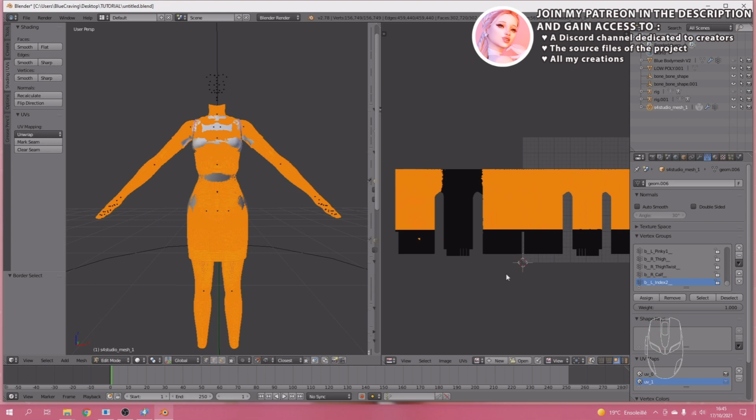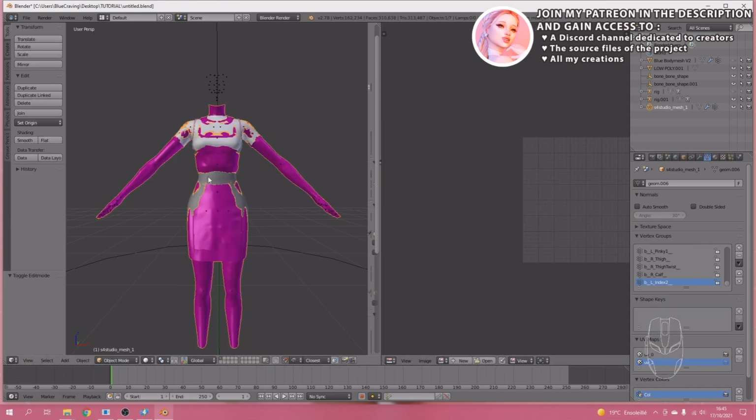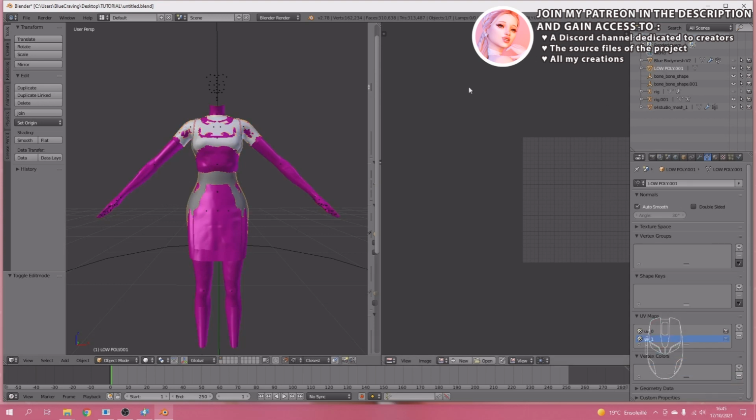So that's a special UV that is used by the Sims when you change the morph of your Sims with sliders to make a bigger, slimmer, stronger, weaker Sim, and to tell the game which vertices will follow which one. Okay, so we want our mesh to have a UV like that. So hit tab to go back to object mode, select your low poly, and now we want to add a